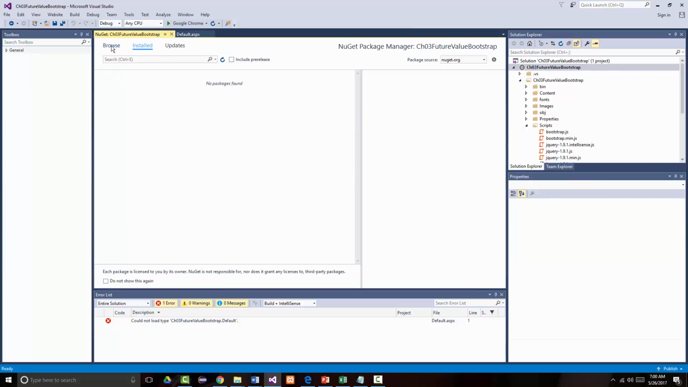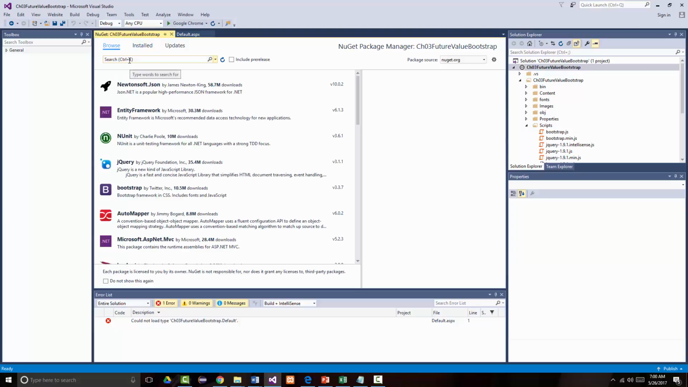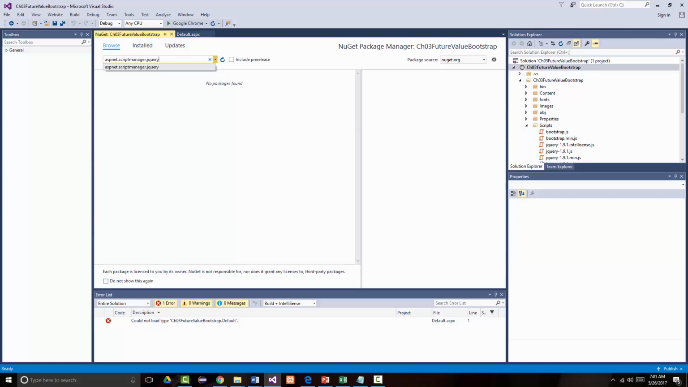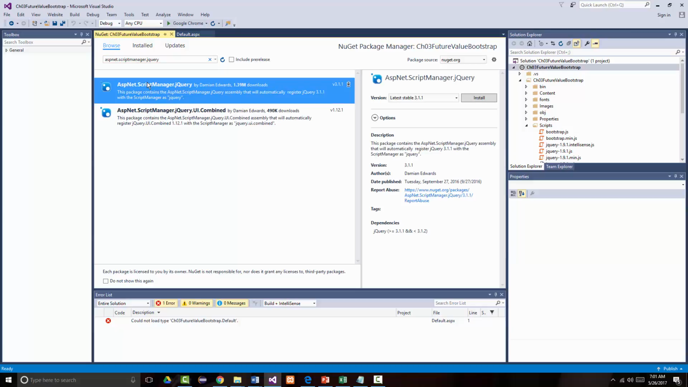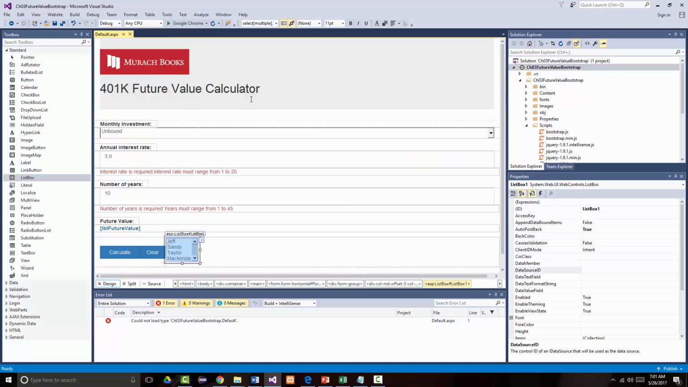Typically when you do this, you'll click Browse, and if I want to bring up jQuery, then it's the ASP.NET.ScriptManager.jQuery. And you see when I do that, it brings it up right here. So if I click here, I can tell it to install. It should already be installed. But that's the way that I would have to do it if indeed I had started my, in fact, let's